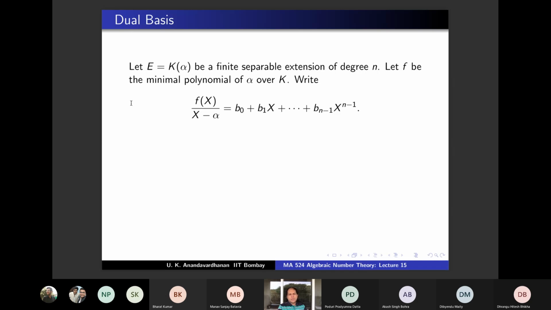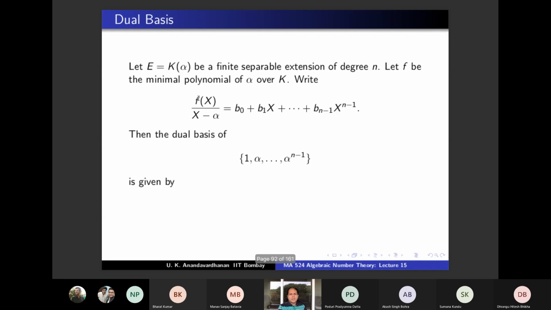Okay, so write like this. Then the claim is, what is the obvious basis of E over K? The obvious basis of E over K is 1, alpha, etc., alpha to the power n minus 1, because the degree is n. So that is the most natural basis, and we want to write down the dual basis in terms of this f. And the answer is the dual basis is given by b0 by f prime alpha,